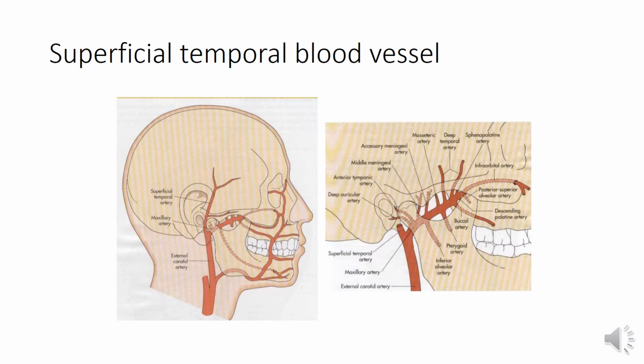The second anatomic structure which you need to know about is the superficial temporal artery, which is a branch of the external carotid artery. You can see the picture clearly. The terminal branches of the external carotid artery are the superficial temporal and maxillary artery. You can see them both in proximity with the temporomandibular joint. The superficial temporal artery comes in proximity when you give an incision for accessing the temporomandibular joint, whereas the maxillary artery lies beneath the neck of the condyle.